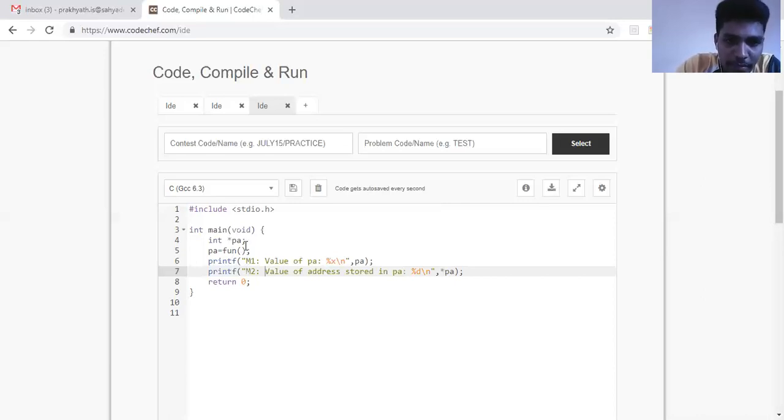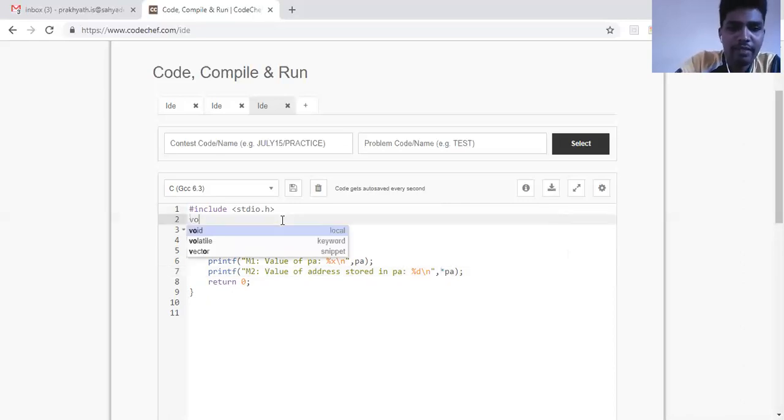So if you can see here, I have a pointer variable PA, which should be getting an address from this particular function fun. And that particular address is given to PA. Now PA holds the address. So how do I print the address? Using percentage %x. And what is there in that address? I should be using dereferencing, so that is using star PA. Okay, we'll write the function directly here. We'll not write a declaration. We'll write the function itself.